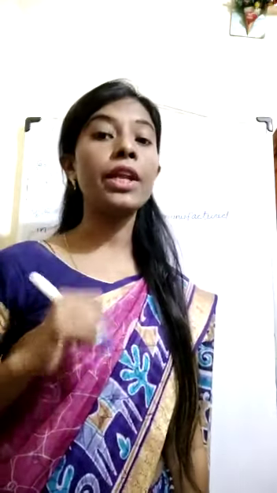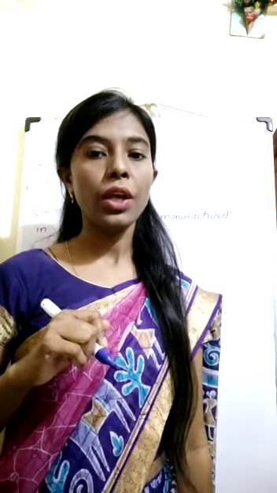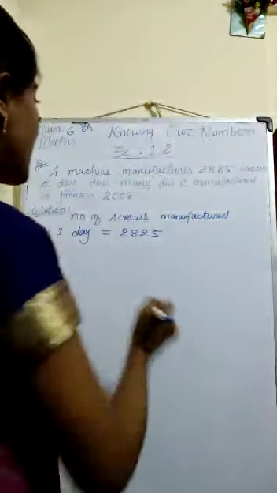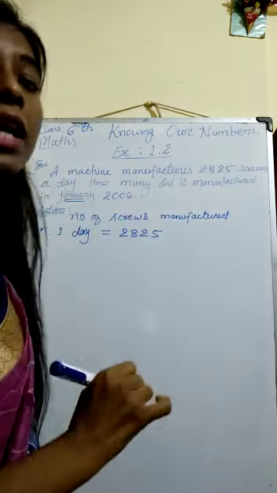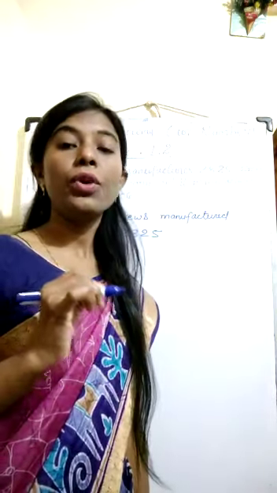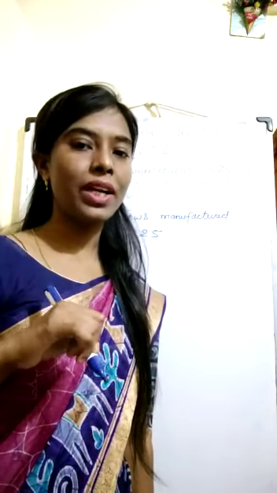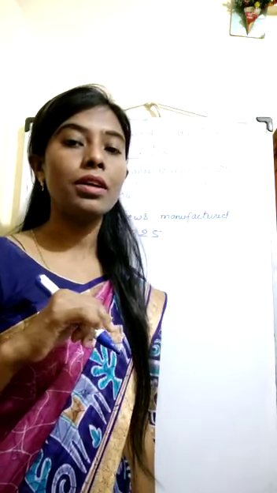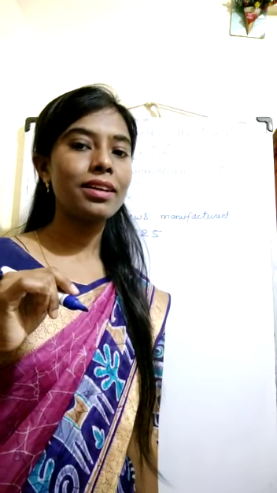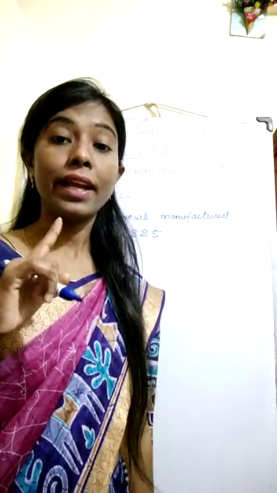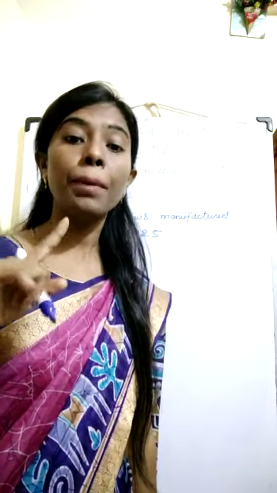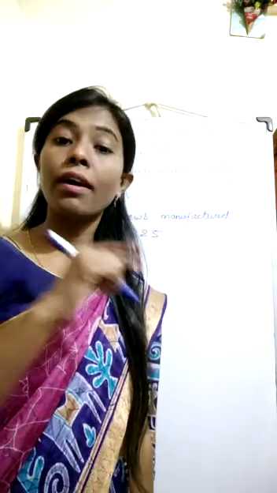So for that we need to know how many days January month has. You know very well, generally we say that 1 month equals 30 days. But here it is especially said that we have to find out for the January month. We also know a few months have 30 days, a few months have 31 days. And in January month, how many days does it have? 31 days. That means we have to find out the number of screws for 31 days.